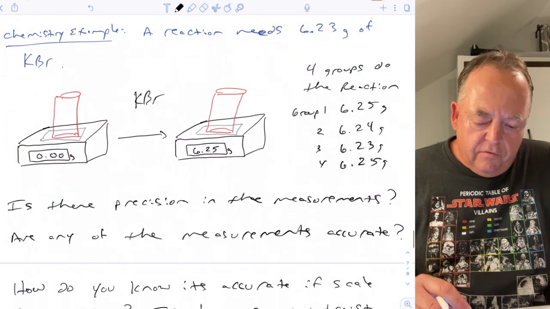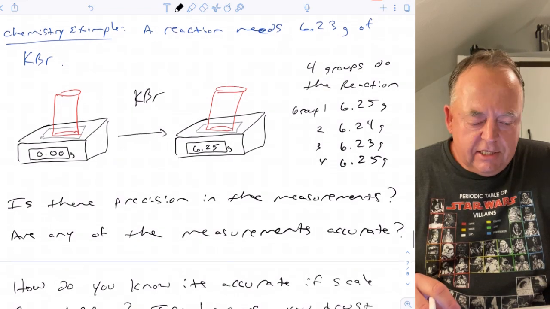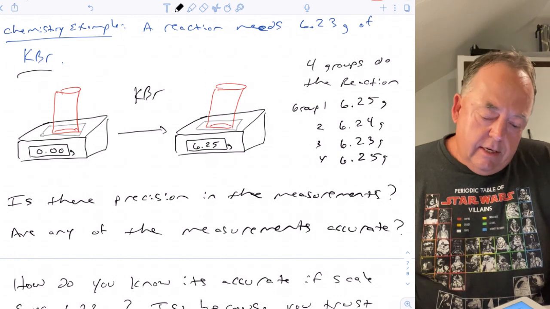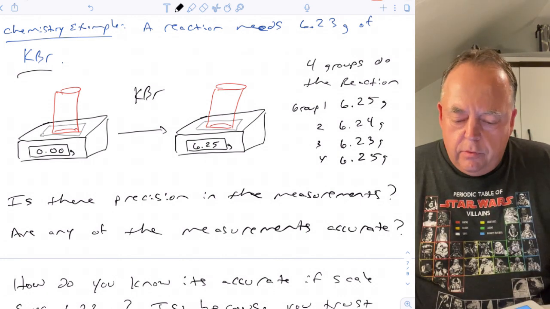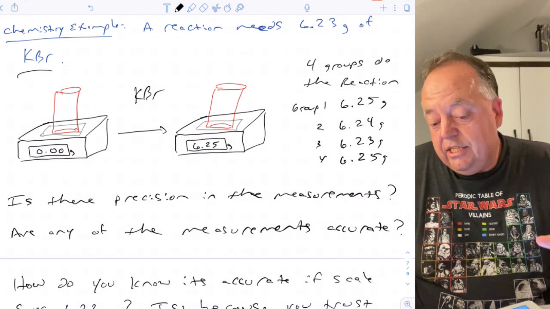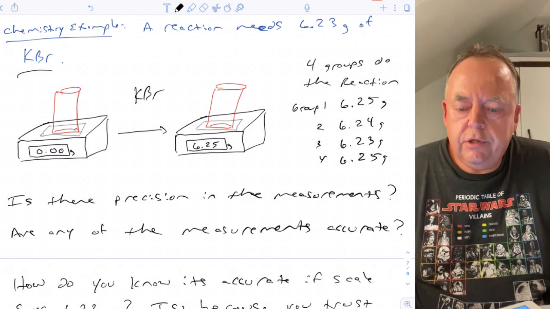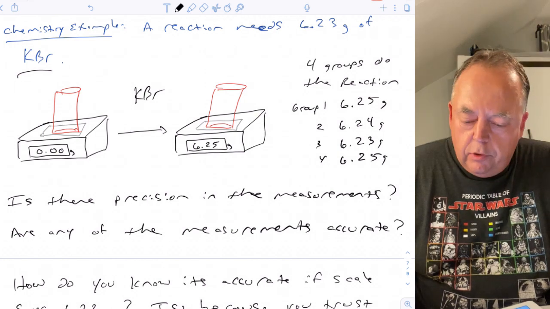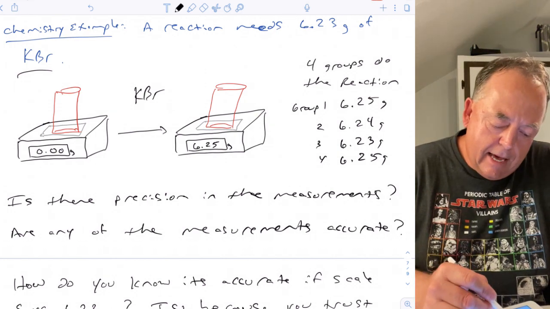If we take an example from chemistry, let's say you want to do a reaction and it needs 6.23 grams of potassium bromide. You're working in a research lab, or maybe it's a teaching lab, and we have 4 different groups that are doing this experiment. So how would you go about getting the 6.23 grams? You would go to a balance,